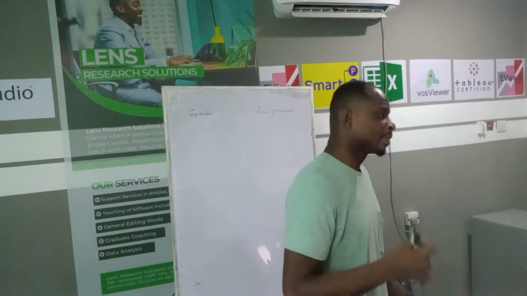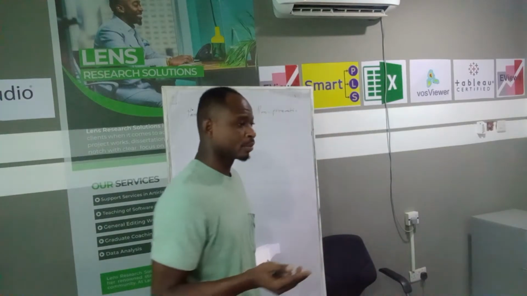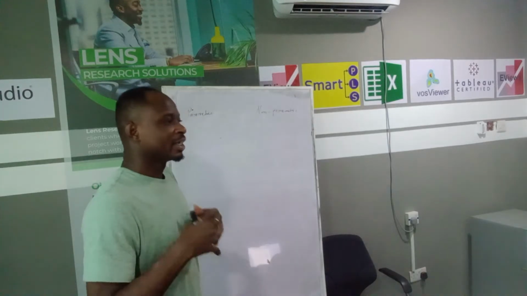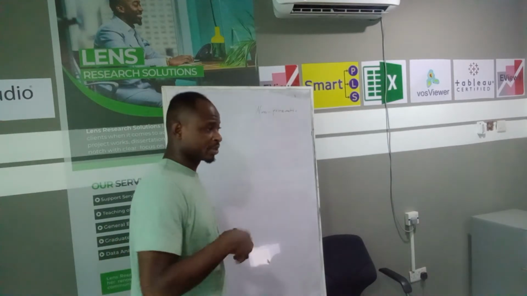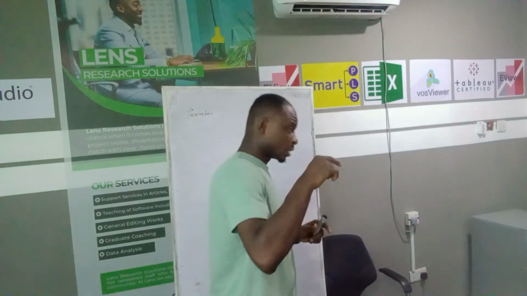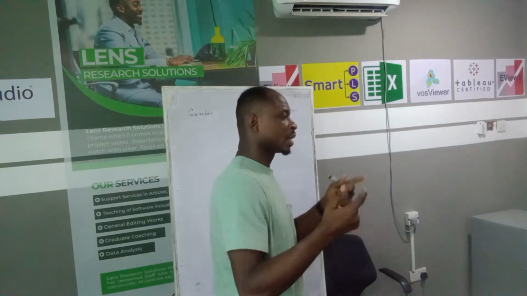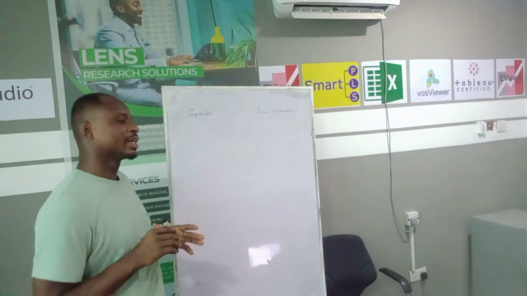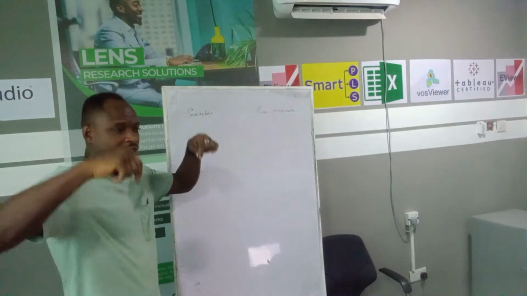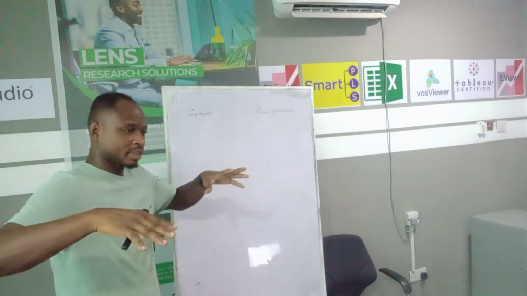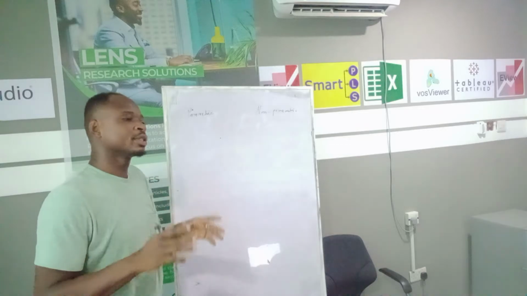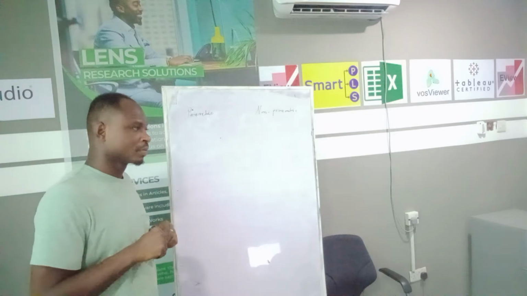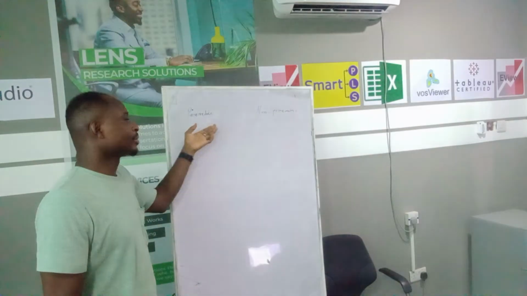So let's look at what the parametric tools are and some examples. When you are using parametric tools or techniques to analyze data, it means that you have to make certain assumptions. If you violate those assumptions, you cannot use those tools to analyze the data. Parametric techniques require that we adhere to stringent assumptions. You get it? For instance, if it is regression,